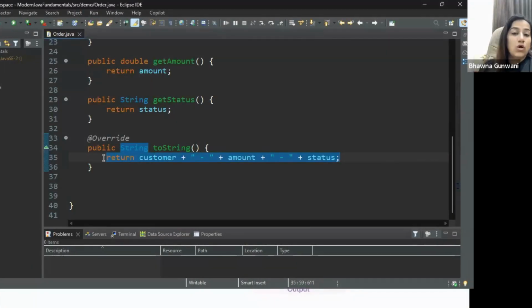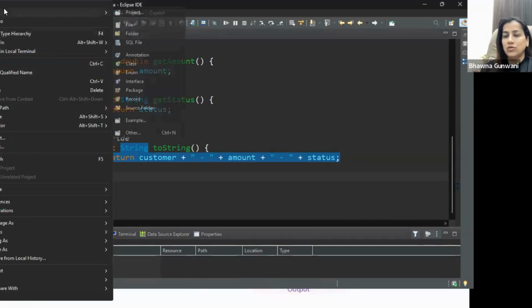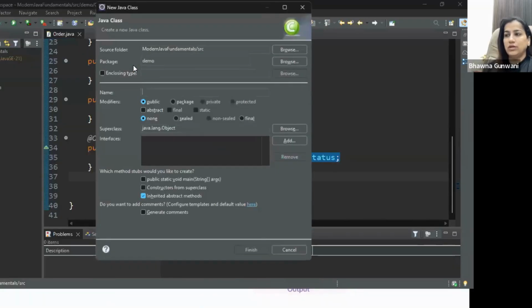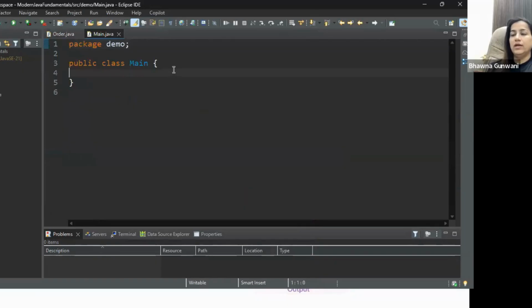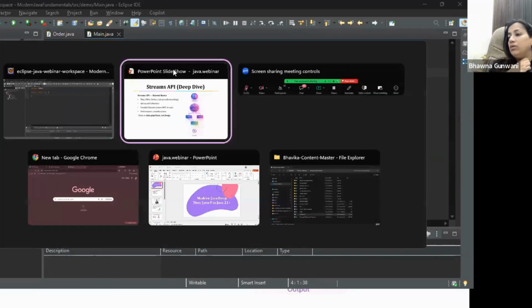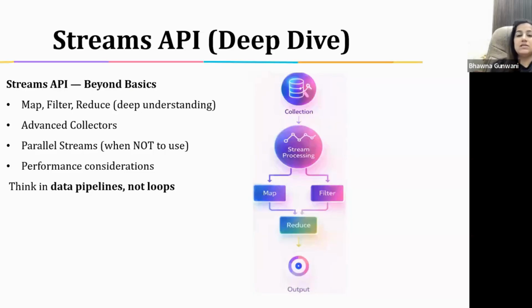Okay, so let's talk about the streams. First of all, along with that, I'm also going to create the class. So when we talk about the Streams API, it helps you to write the